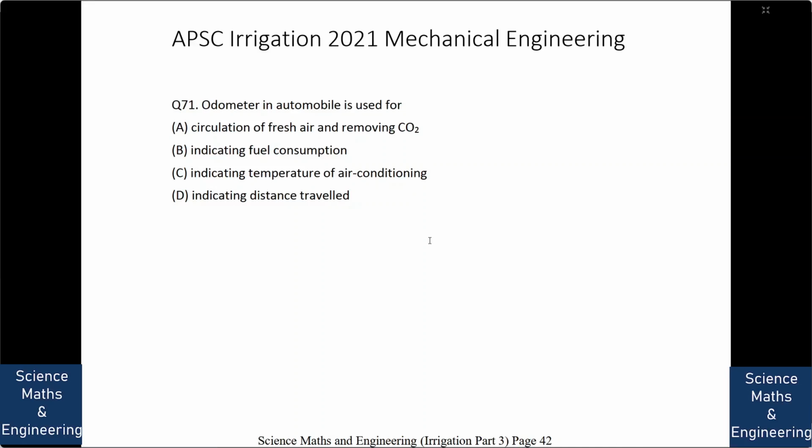Odometer in automobile is used for A. Circulation of fresh air and removing carbon dioxide. B. Indicating fuel consumption. C. Indicating temperature of air cooling. Or D. Indicating distance traveled. So you can pause and think of the answer. So the answer is